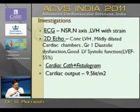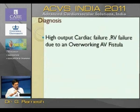We did a cardiac cath plus a fistulogram. The cardiac output was around 9.5 liters per meter square with a very low systemic vascular resistance. The fistulogram was done. I'll show you the pictures a little later. So the diagnosis was high output cardiac failure with right ventricular failure